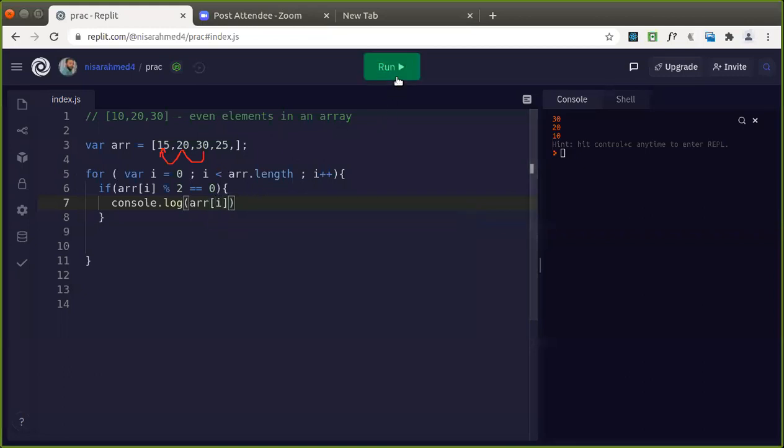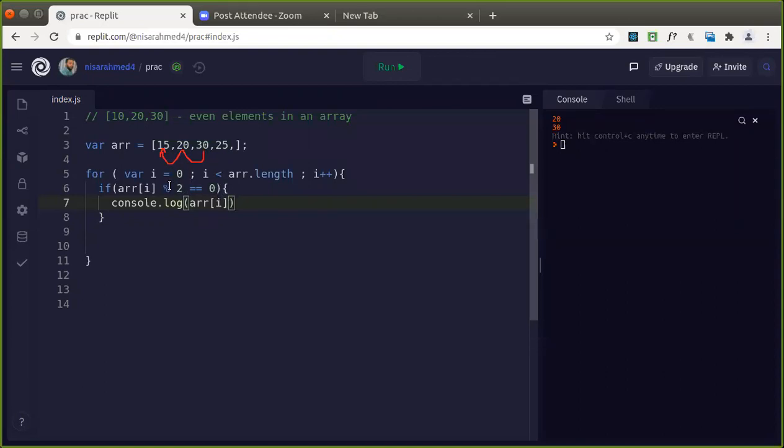So this would display only the elements which are even in an array. Isn't it? 15 was there. So array of i means array of 0, you are getting 15, mod 2, the remainder is 1 here. 1 is equal to 0, the condition is false. It's not executed. Next element, 20 is taken. 20 mod 2 is 0, that is true, it is executed.